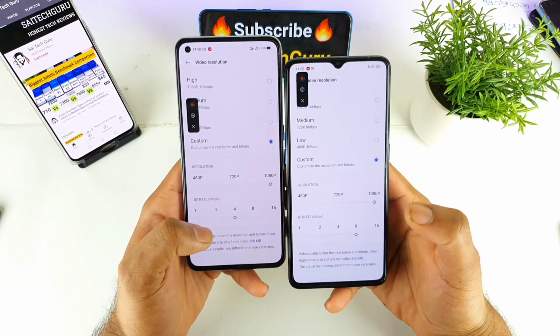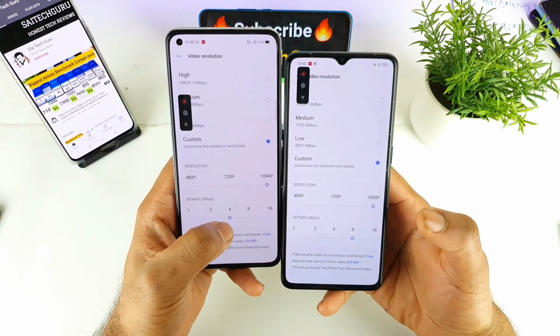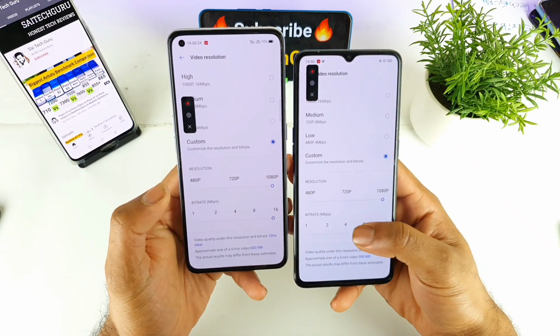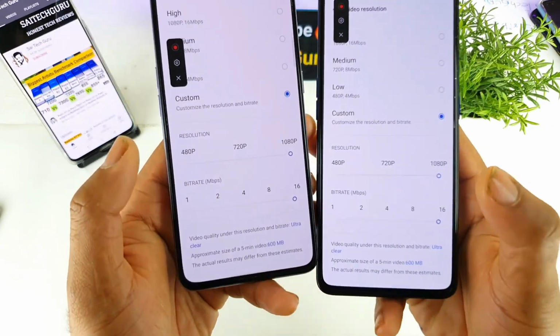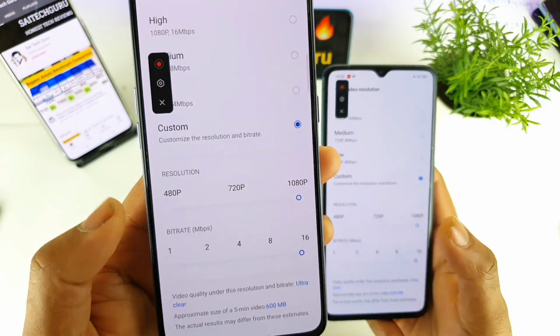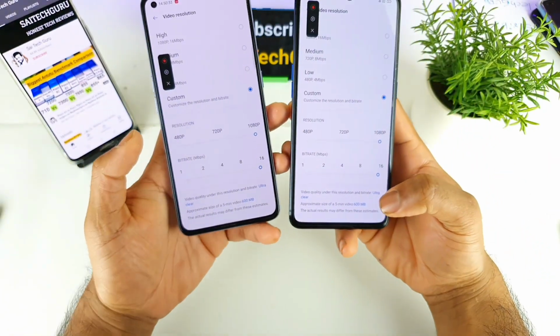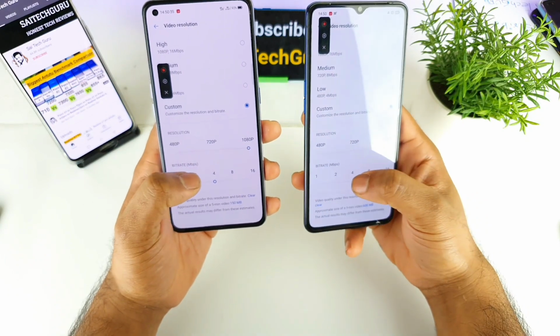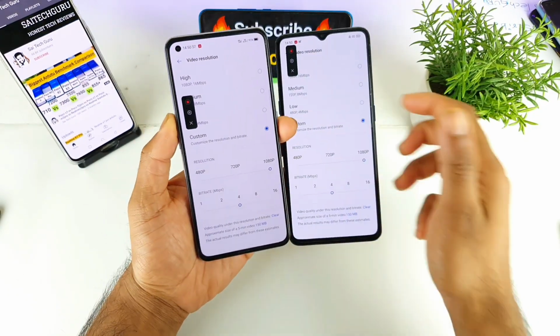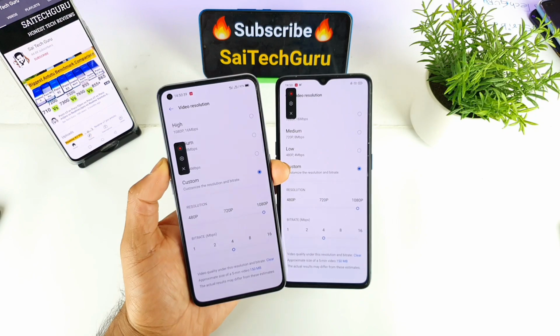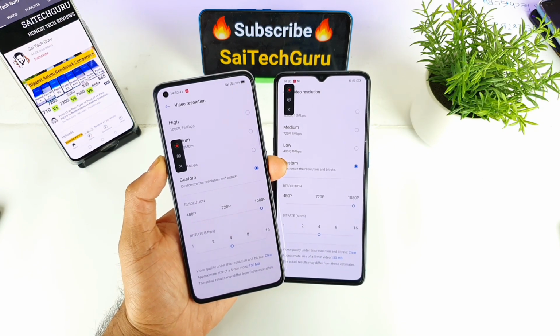The use of this one is that you can select the bitrate you want. If you select 16 Mbps, as you can see, friends, this will even show you the estimated size approximately for a 5 minute video clip. That's another seriously good thing, to know how much size you are consuming for different settings. And the actual size is also pretty close to this demonstrated size, friends.